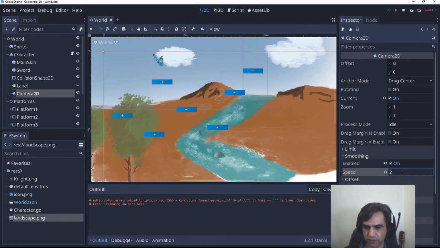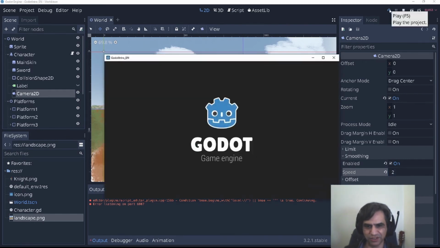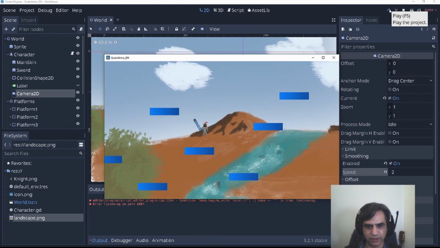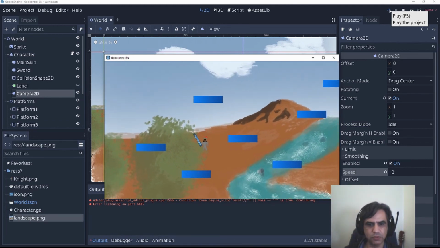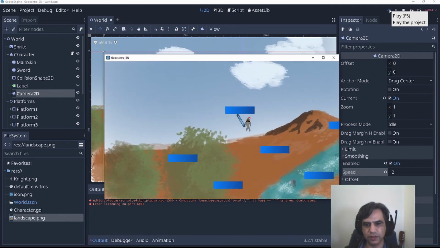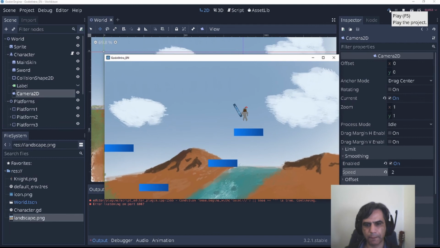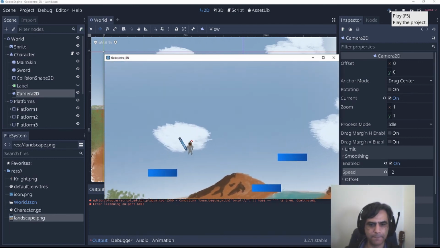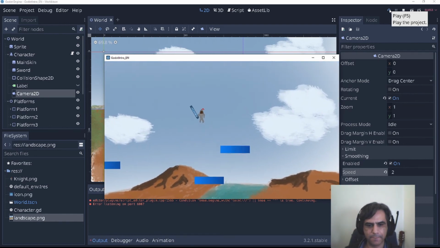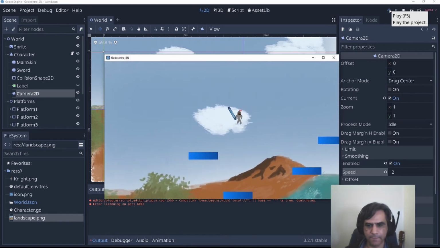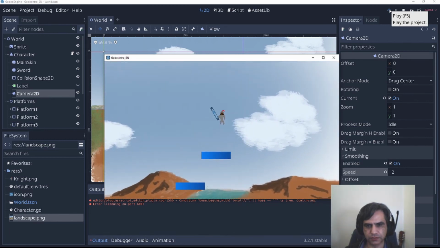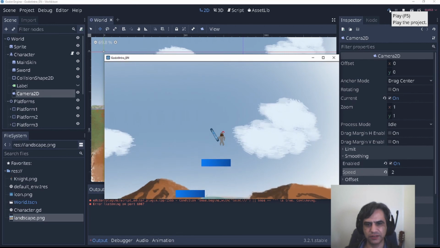Or less. Let's see. I'm not sure if this is going to work well. It's not that bad. This gives some smoothing on the movement of the camera. And I forgot that I need to change one thing. I can see the end of the world.